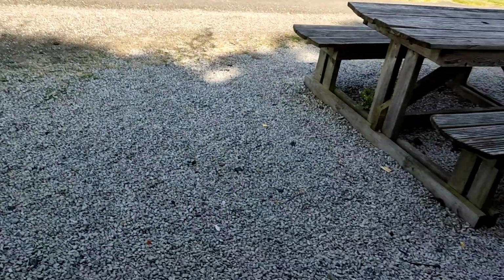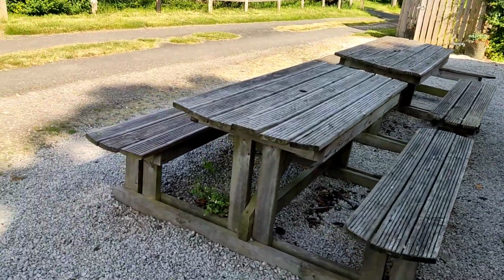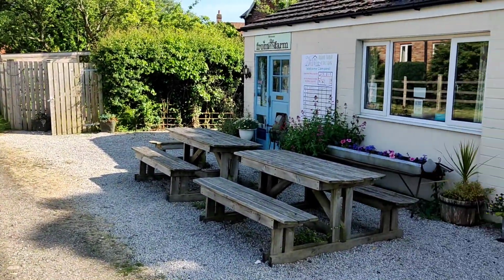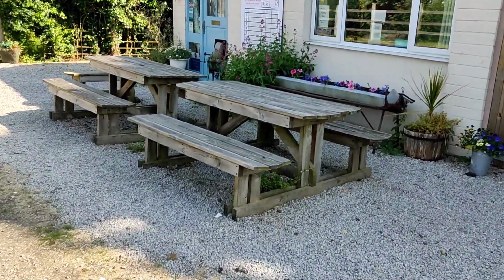I'll quickly show you now. A little sitting area here. I don't want to show too much because obviously it's private, and that's the road you come in. There's obviously a house this side which is the owner's. Show you where we are because I want to get